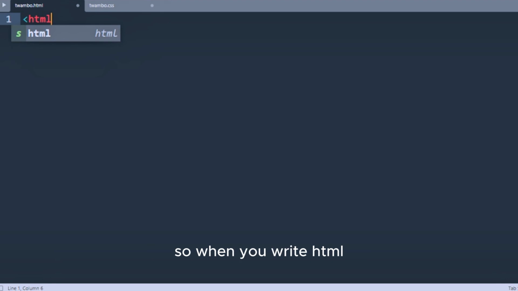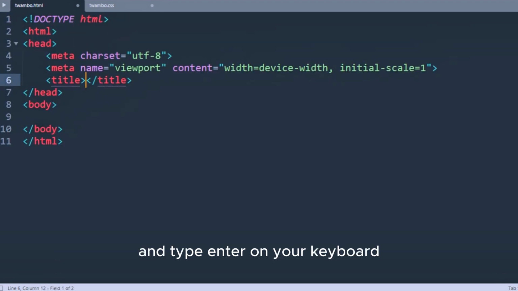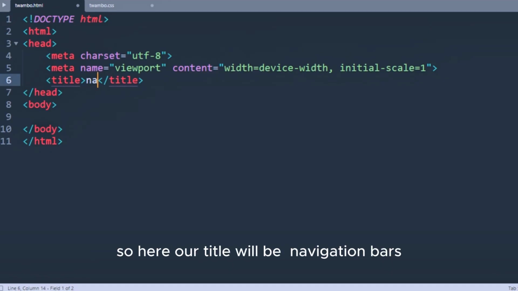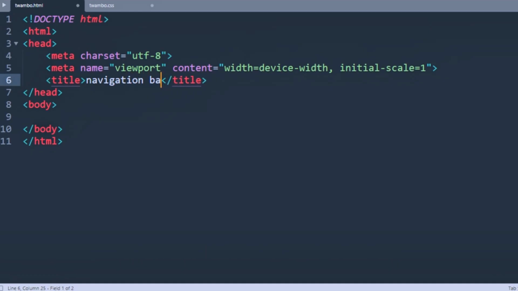So when you write HTML and just press enter on your keyboard, everything will be generated for you except for the title. So here our title will be just like navigation bars with HTML and CSS,